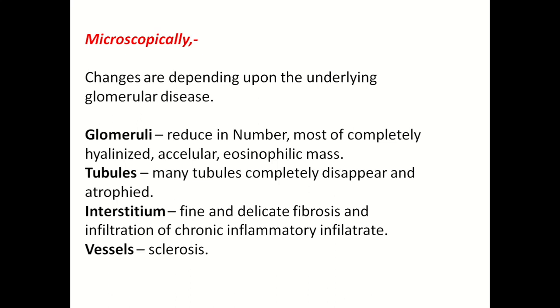In chronic pyelonephritis, there is a U-shaped scar, and uneven, irregular, asymmetrical reduction of the kidney, while in chronic glomerulonephritis it is a symmetrical reduction of the kidney. In microscopy of chronic glomerulonephritis, you will not find tubules, while in chronic pyelonephritis you will find thyroidization of the tubules, and a lot of chronic inflammatory infiltrate in the interstitium and tubules.